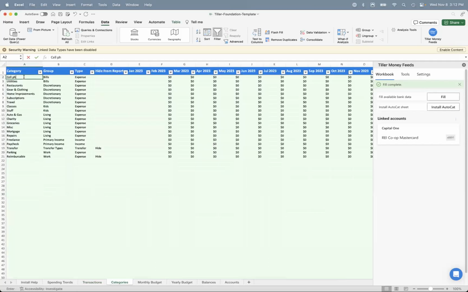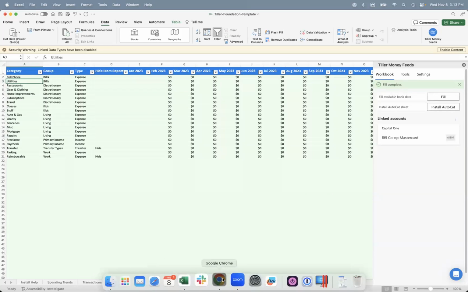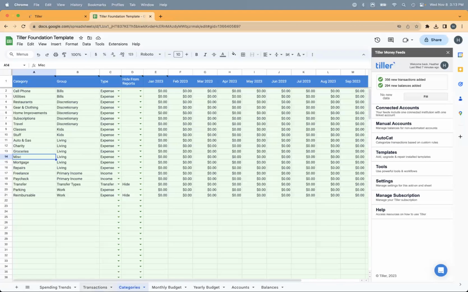You can say cell phone, just overwrite those existing categories. No need to use these. Same structure: group, type, category. So back in our Google Sheet here, once you've decided on your categories, the next step is to spend some